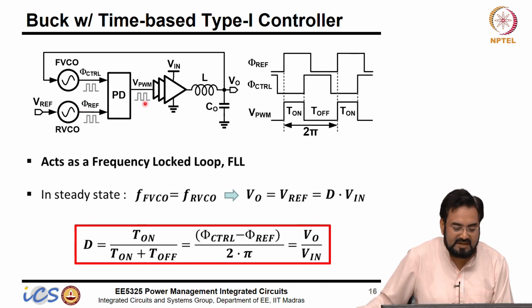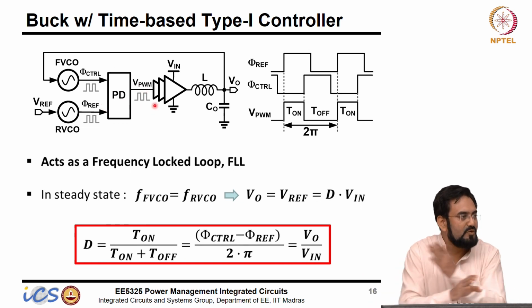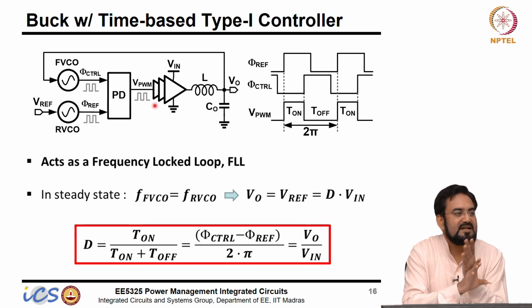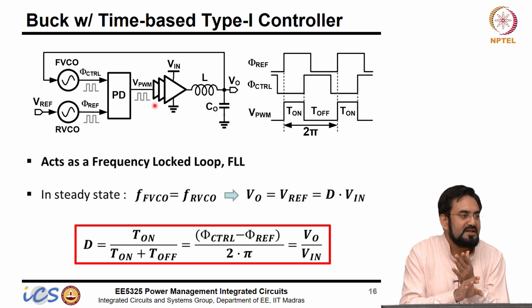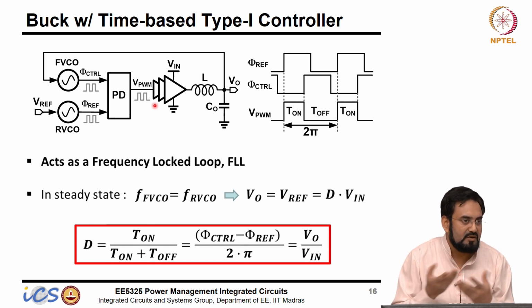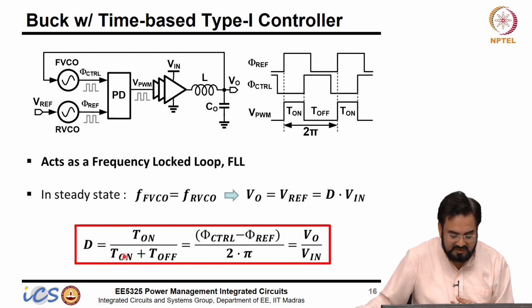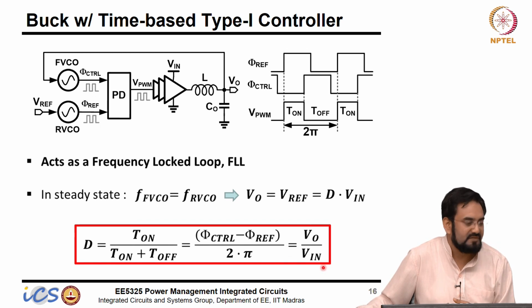Okay. So that is why I do not want to lock phase, but only lock frequency, so that my phase is free to go anywhere and it will always lock at the duty cycle which gives me the desired output, Vout equal to Vref. So this will be your D. Now D you can relate to the phase difference. The phase difference divided by 2 pi will give you the duty cycle, just like we do Ton over Ton plus Toff. And in the voltage domain, your duty cycle is nothing but Vout by Vin.